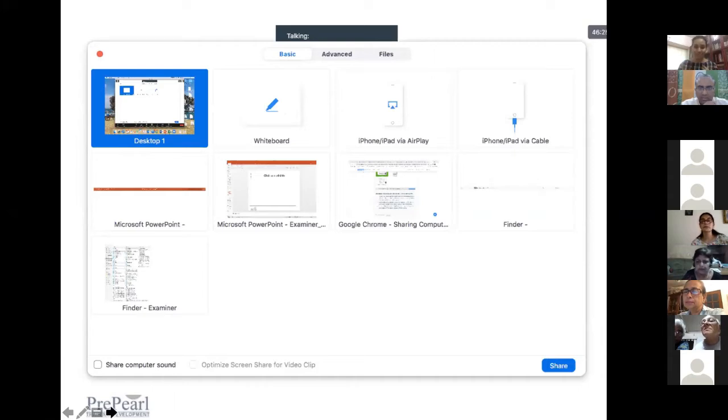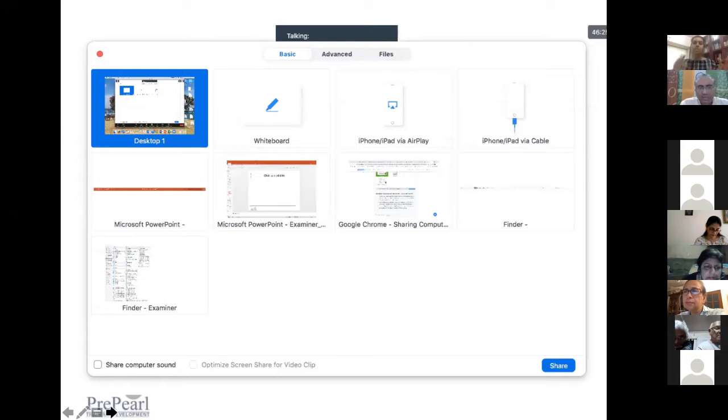This is what I think is the simplest. I just go to the first option, which says desktop, and I go to desktop, and can you see that blue button down that says share? There's a little blue button down that says share. I just click on desktop and I say share.